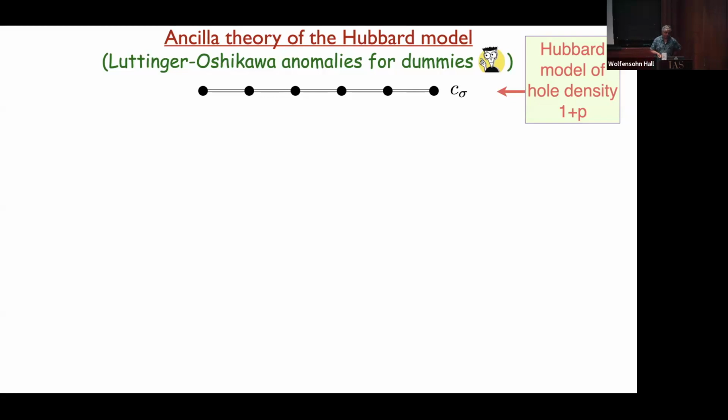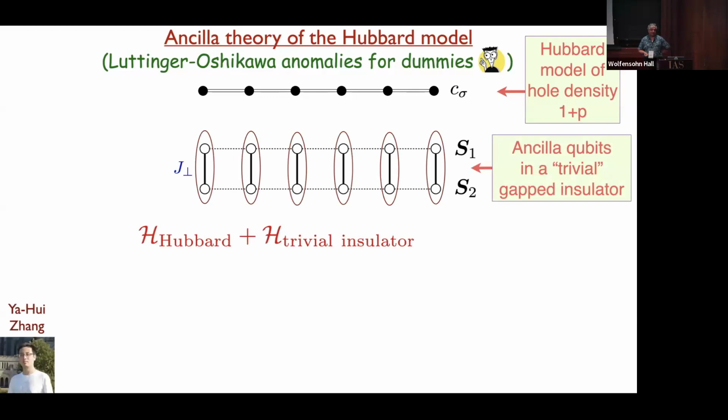So the idea is the following. The main trick we're using is to add some trivial insulator. You can think of this as just a Hamiltonian formulation of the Hubbard-Stratonovich transformation, because when you do a Hubbard-Stratonovich transformation, you decouple something and you get some bosonic field, and formally, of course, you haven't added any degrees of freedom, but if you set it up in a Hamiltonian form, you want to do it in a way so that the additional degrees of freedom have a trivial ground state. In this case, it's a bilayer antiferromagnet.